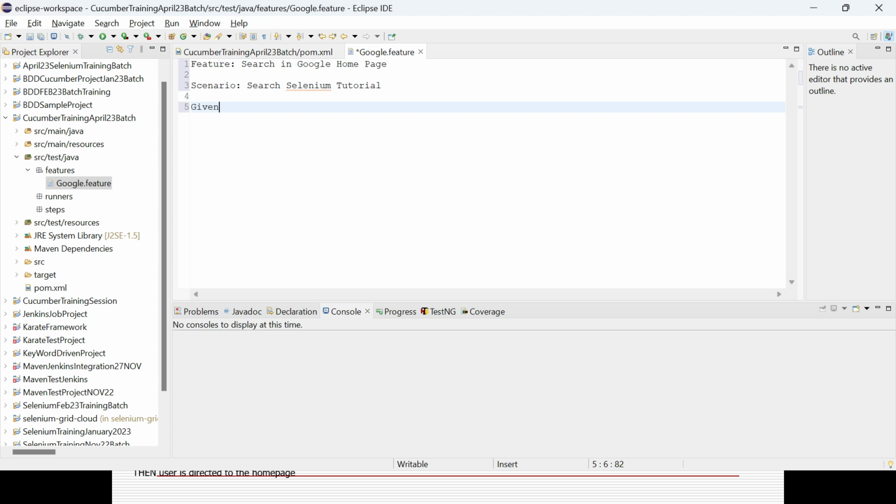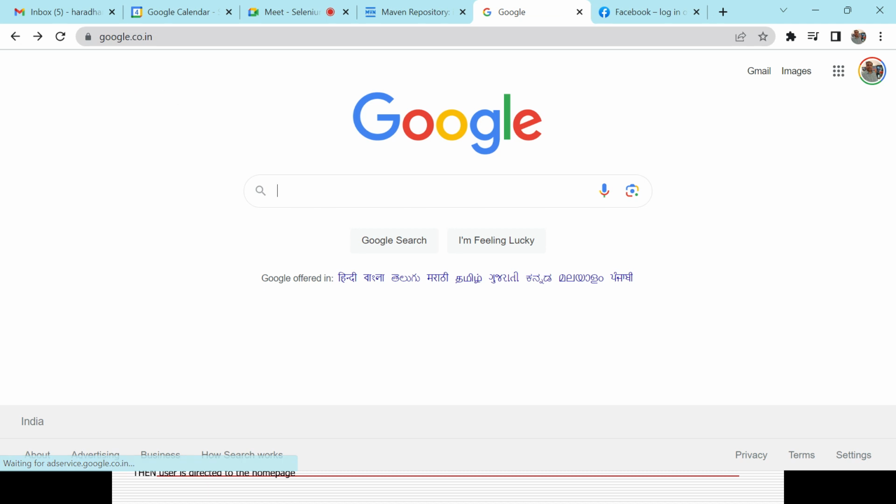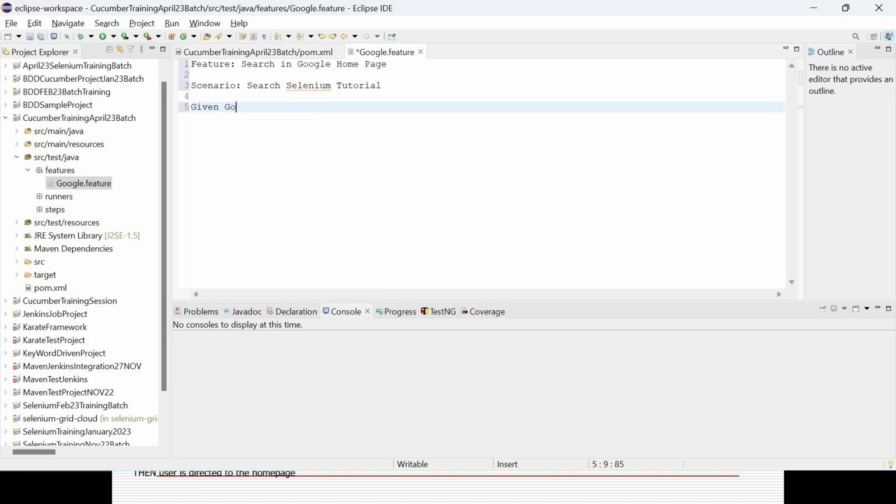Then given, that is my precondition. So what is my precondition if I want to search Selenium tutorial? The Google page should be open, right? Google page should be open. Browser and all this stuff will be there. I can add all the steps. So Google page should be open,